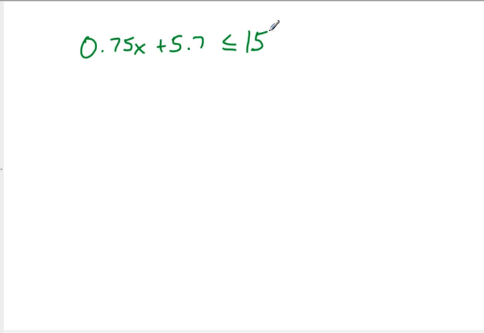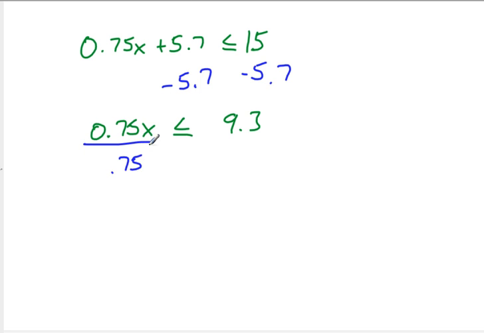Okay, first step. You could, if you wanted, divide by 0.75, but keep in mind, if you do that, everything has to be divided by 0.75, even this nasty decimal. So right off the bat, I don't really want to do that. So I'm going to start by subtracting 5.7, which is what I recommend. So we'll end up with 0.75x is less than or equal to, well, 15 minus 5 is 10, and then minus 0.7, we're going to end up with 9.3. Now we're going to divide by 0.75, so it's kind of unavoidable that